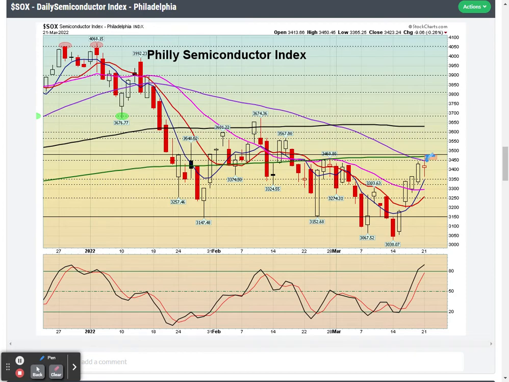This red zone, if it pushes above that in the next session or two, that will be a very nice setup to go long once it pushes above this level here. I will be watching it very closely. If it happens tomorrow, I will skip it. I will not buy after this big move. But some type of pause, either going east or southeast for a couple of sessions, and then a push higher, that will make it very, very attractive.